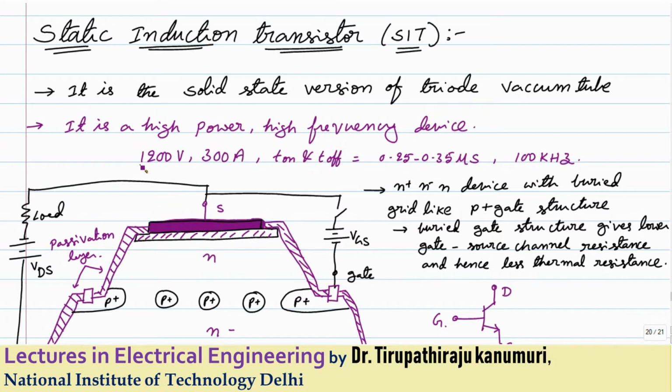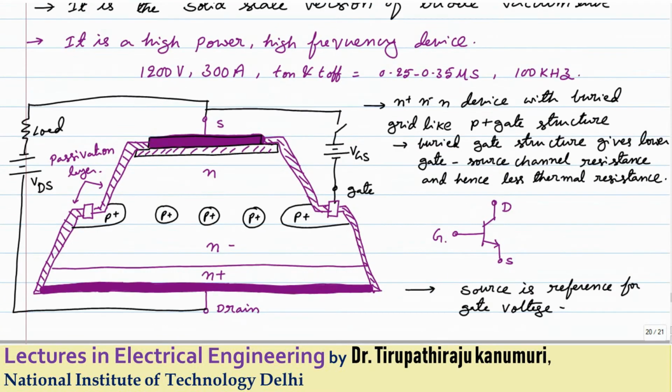It is generally rated up to 1200 volts, because the upper limit of the voltage is not a limit in this device. It is designed in such a way that it can be used for high voltage and high frequency applications. But the only limitation of this device is that the on state conduction losses are more when compared to the BJT. That is the major limitation of this device. We are going to see why, what the reason is, and where it is applicable.